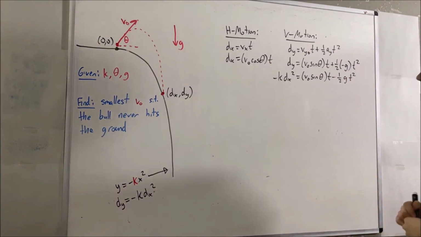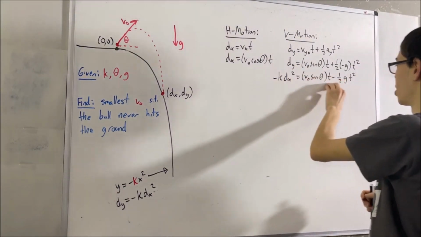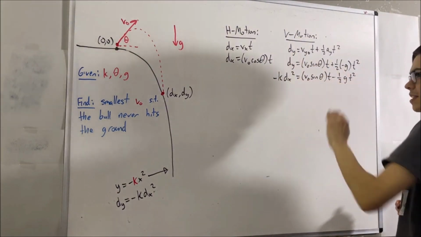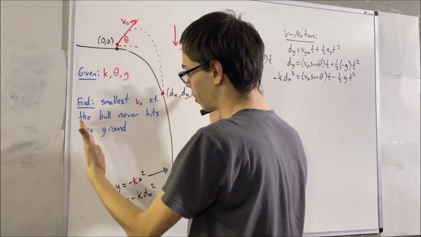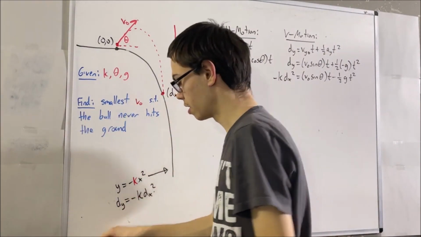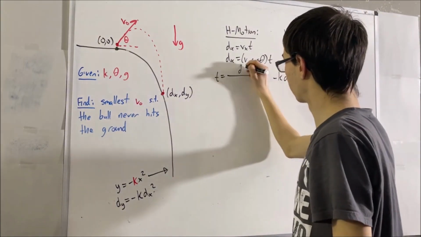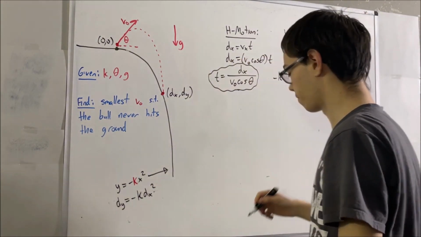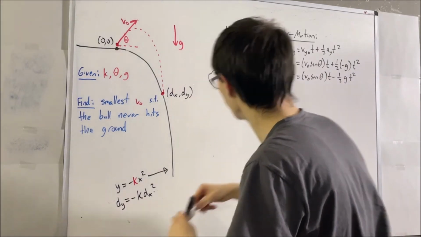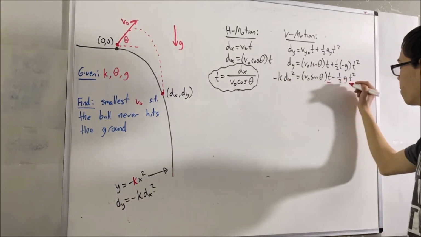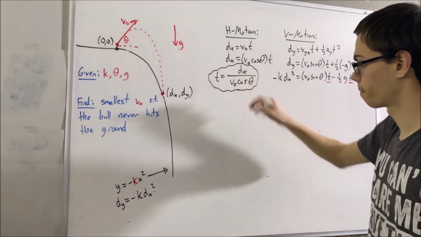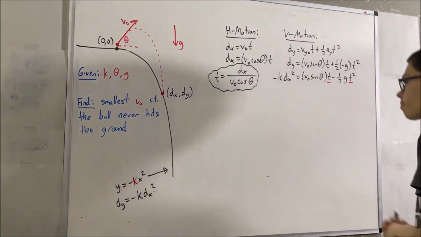And so now, notice that we have t here, right? Well, t is completely irrelevant to the problem that we're solving. So we're going to want to eliminate it. What I'm going to do is solve for t in this equation. You would get this. And so now what I'm going to do is substitute t in the other equation for what I have here. So if I do that, I would get